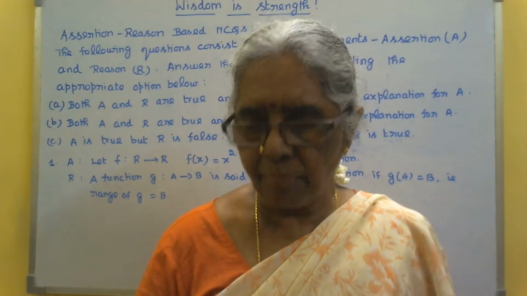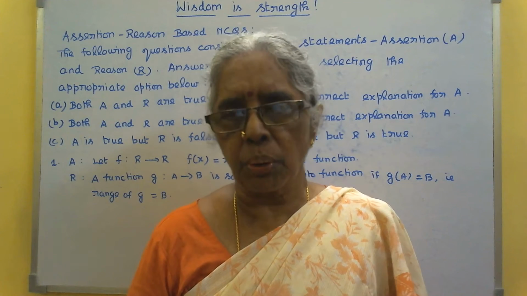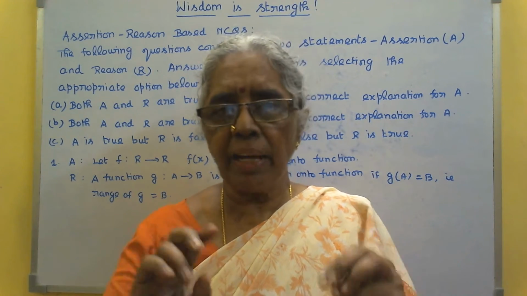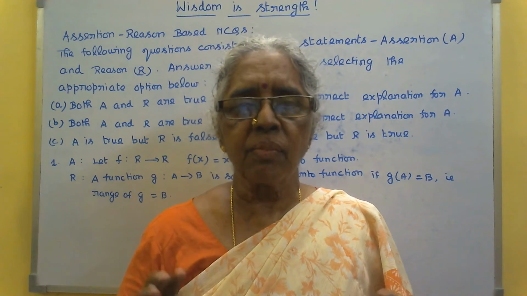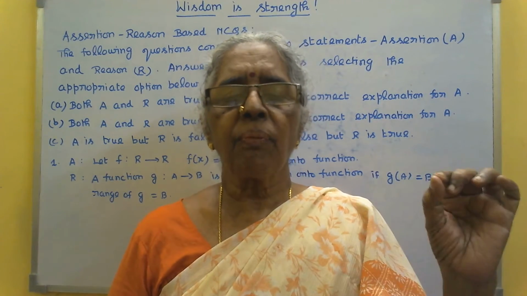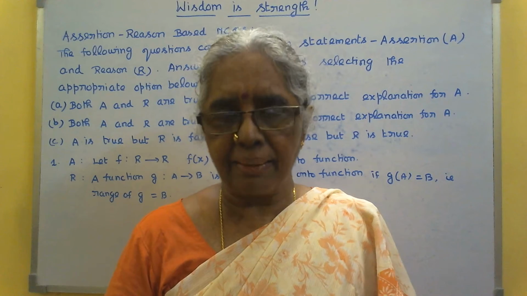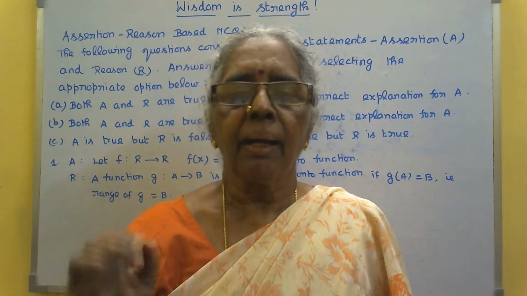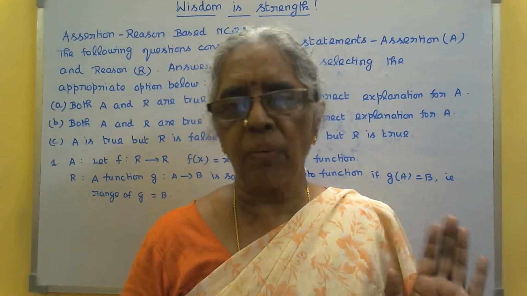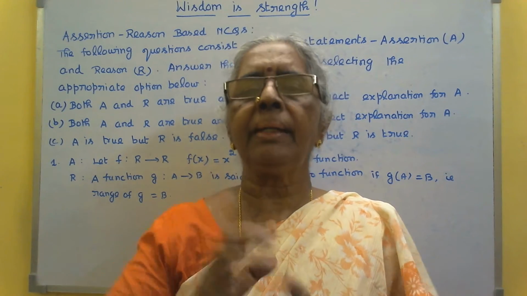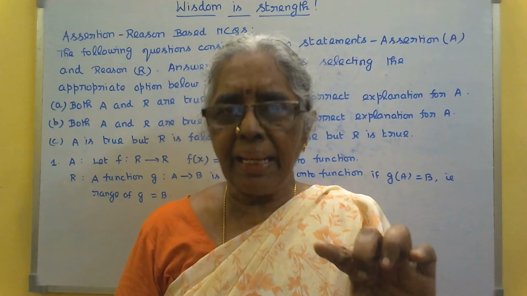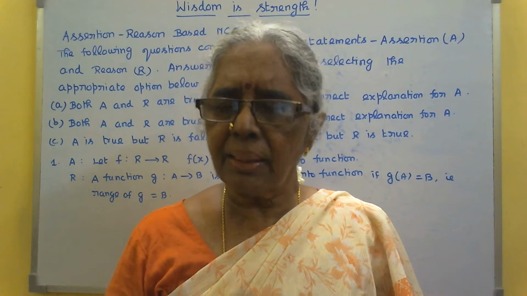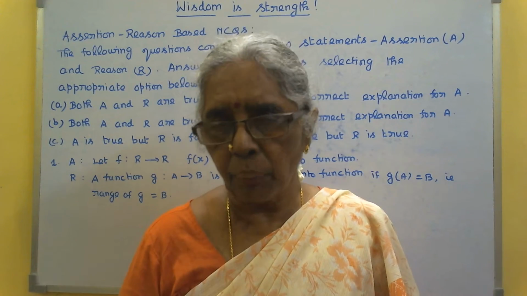Before going into the sum, let me explain certain things to you. What is an onto function? Actually, I can define it in two ways. One, very simply, I can say if the codomain is equal to the range, that is, there is no extra element left out in the codomain, then you can say it is an onto function. That is, for every element in the codomain, there will be a pre-image in your domain, right? This is one explanation which I can give.